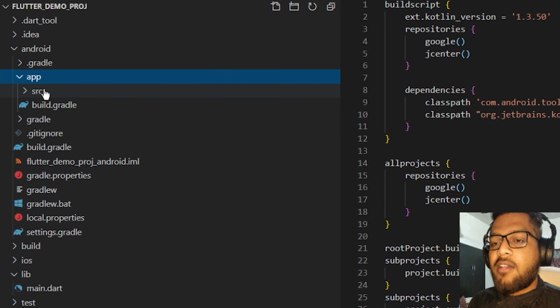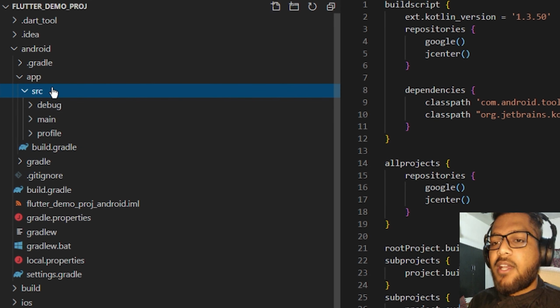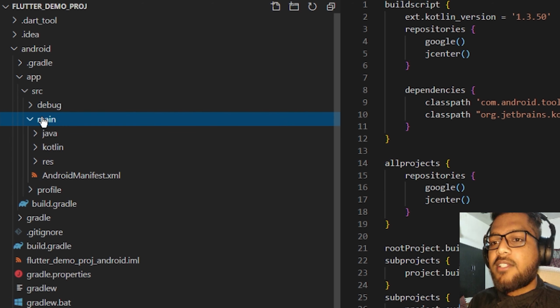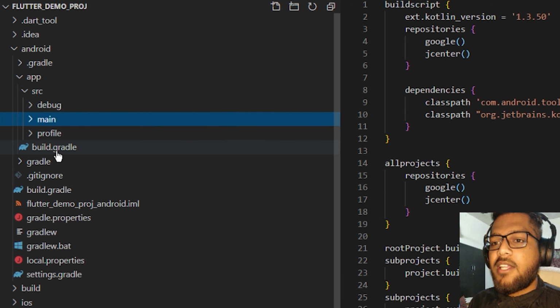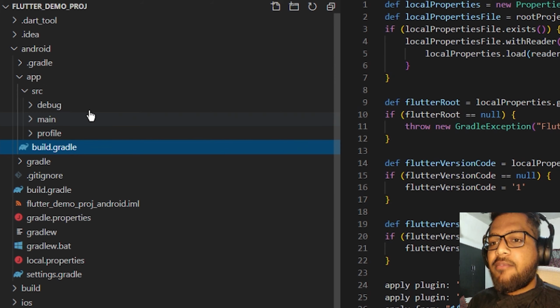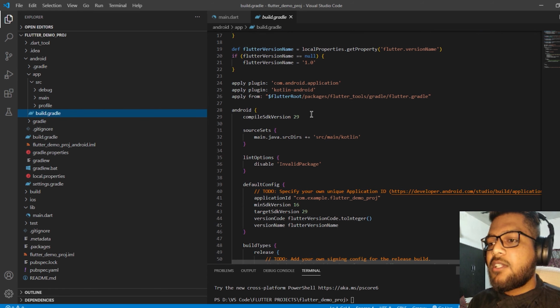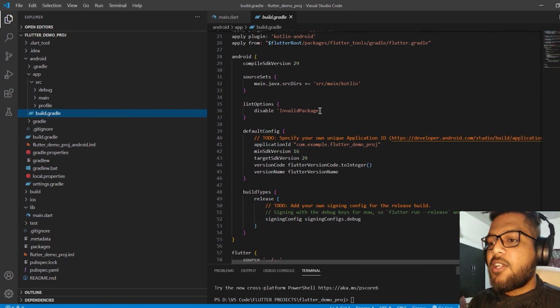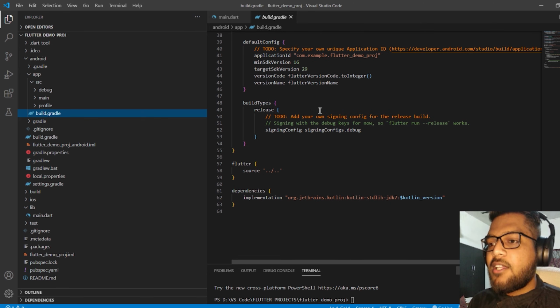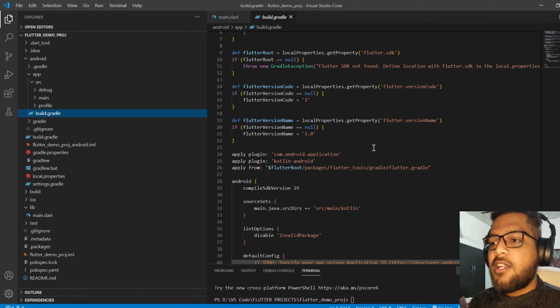Now in our app we have another source folder which has all the files related to the app, like Kotlin files or Java files. There is another build.gradle file present. This build.gradle is for this app directory, and here we specify the plugins which we are using, the compile SDK version which we want our app to have, and other things like the release version, and the dependencies can